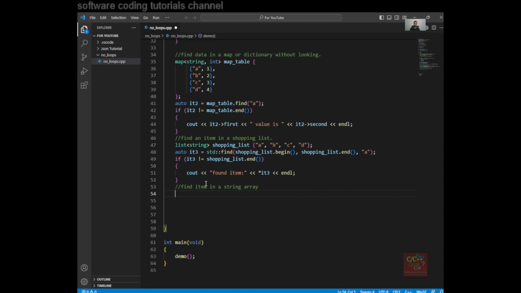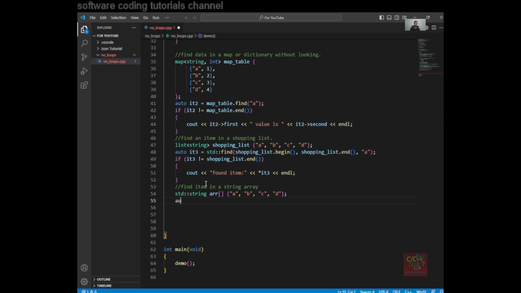So I would say standard string array, let's say A, B, C, and D,